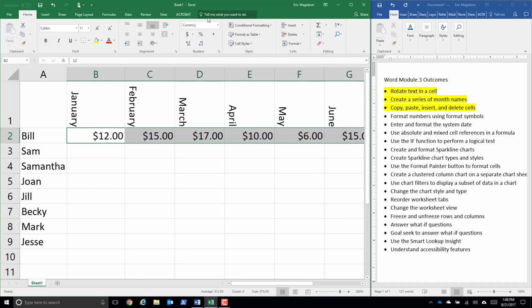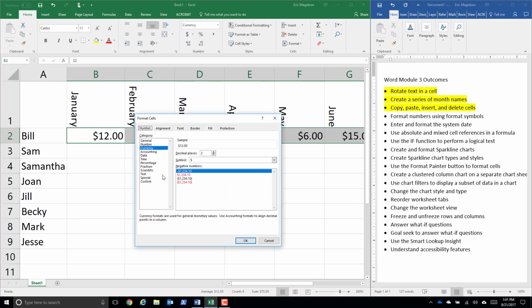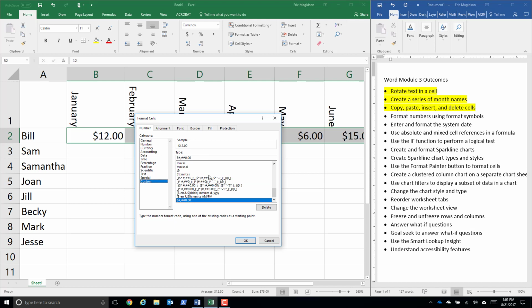So there's some formats here. We have tons of different formats. We can format as date, percentages. Remember, with percentages, we always want to do two places behind the decimal because it's normally 4.99%. We don't want that rounding to 5. We can do fractions, we have text, and we have many other amazing formats, including some great custom formats here,